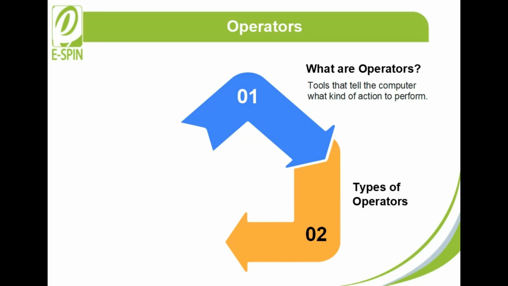2. Types of operators. A. Arithmetic operators. These are for basic calculations, just like you do in math. Examples, if you have 20 candies and share them equally among 4 friends, each gets 5. B. Comparison operators. These check relationships between values. The answer is always yes, true, or no, false. Examples, you check if today's temperature is higher than yesterday's. That's